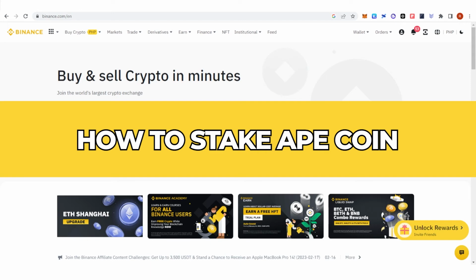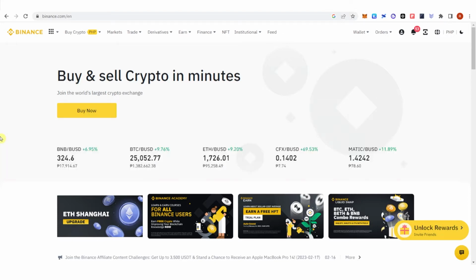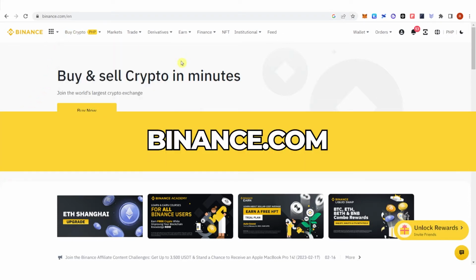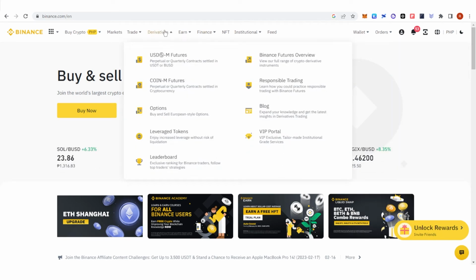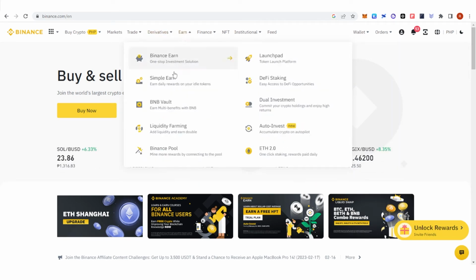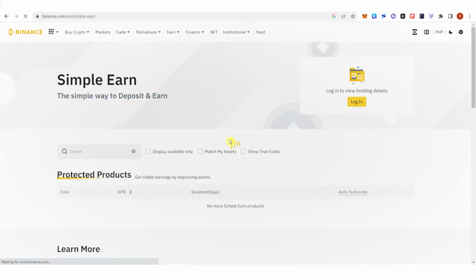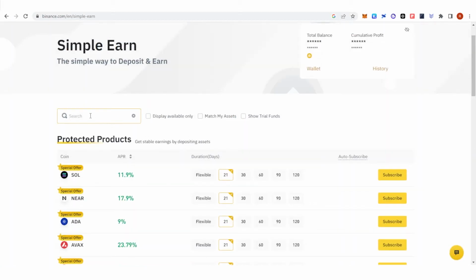In this quick video, I'll show you how to stake Apecoin step by step. So the first step is to go to Binance.com and you're going to need to log in first. Then once you have logged in, go to Earn here, click Simple Earn, and on the search bar here, type